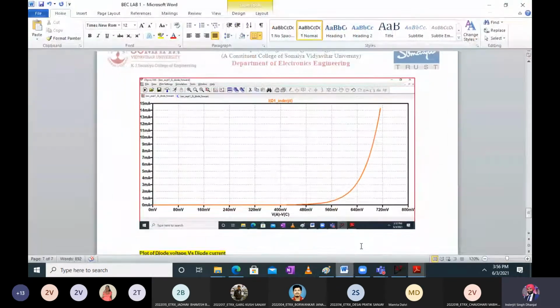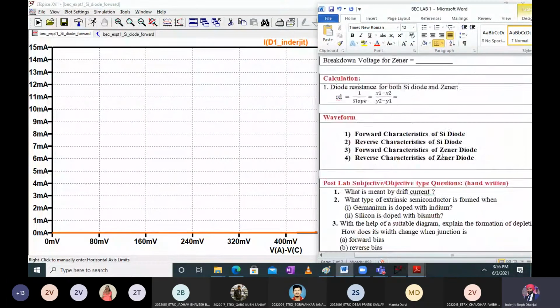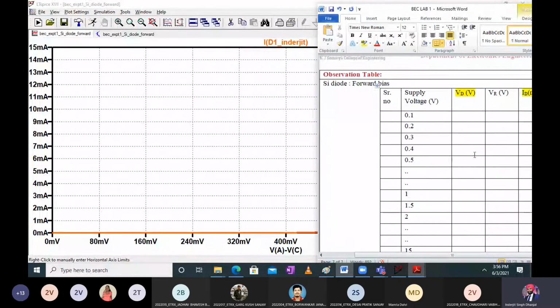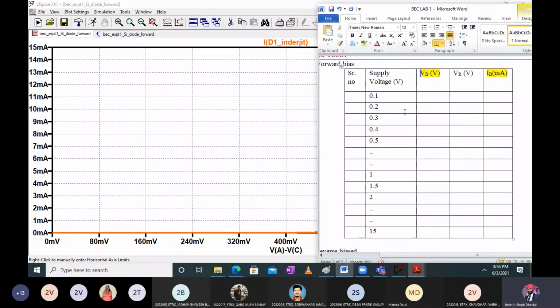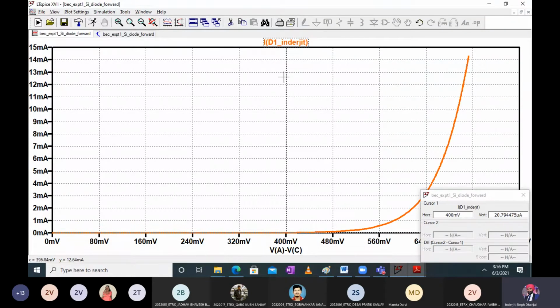Let me show it to you. Whenever I go a little fast, please let me know, I can slow down. If the table had contained only the diode voltage and the diode current, which is really what matters to us, I would have easily noted down the values from this graph plot. But it is not so. It contains somewhat more.